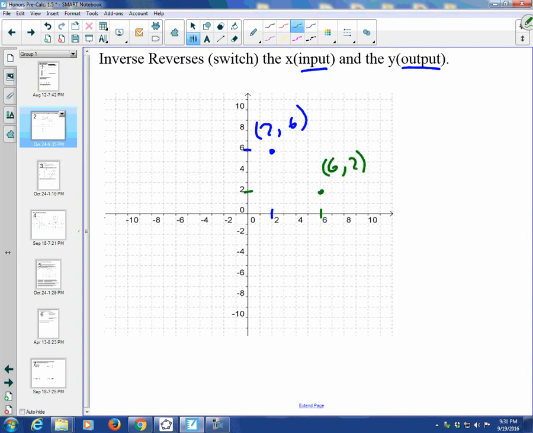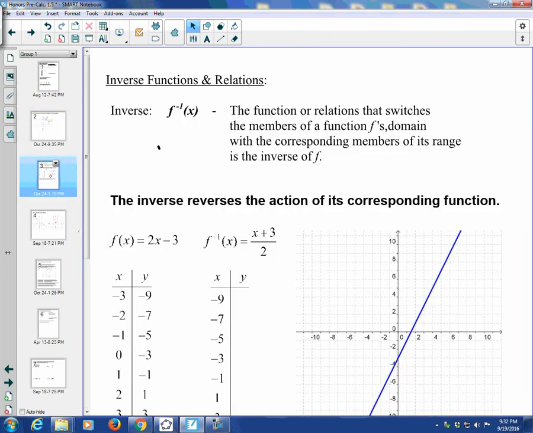And in general, what we can say is that these 2 points are actually inverses of each other. They switch each other's x and y values, so they share an inverse relationship. And in general, we're going to see this inverse relationship extend to a function and its inverse. So in general, a function's inverse is going to take all of the x and y values from the ordered pairs that make up a function and switch them